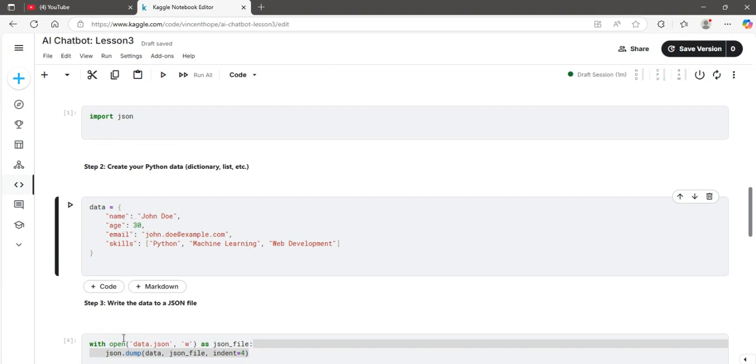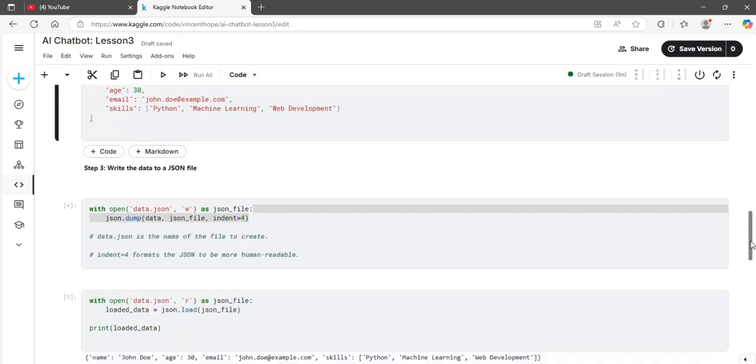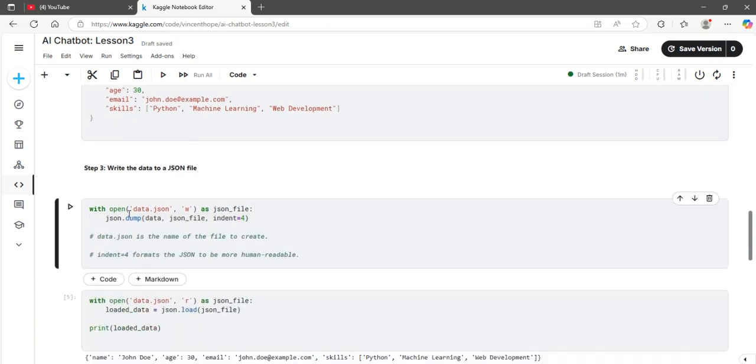You use this command here: with open, data.json, very important, comma, now w represents write as JSON file. You are telling it to write data as a what? JSON file. Then in the json.dump, that means the content of what you are going to create as a JSON file, json.dump data, this data, which is the one you created here,